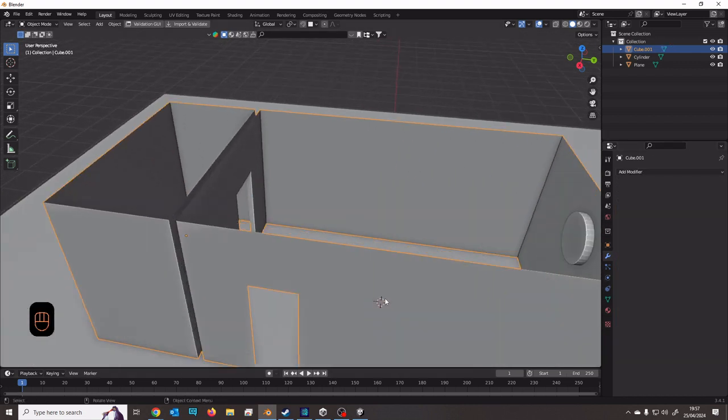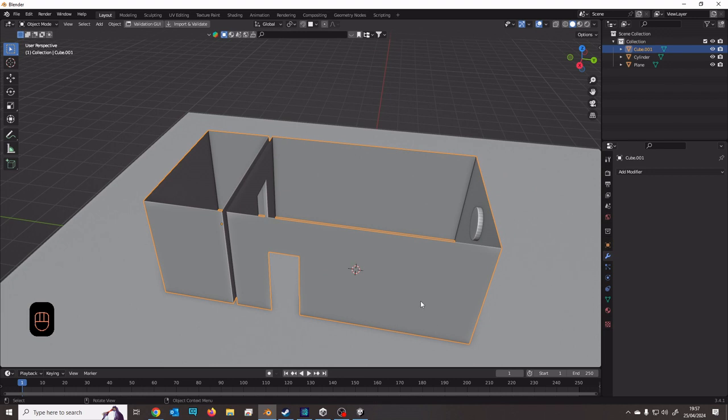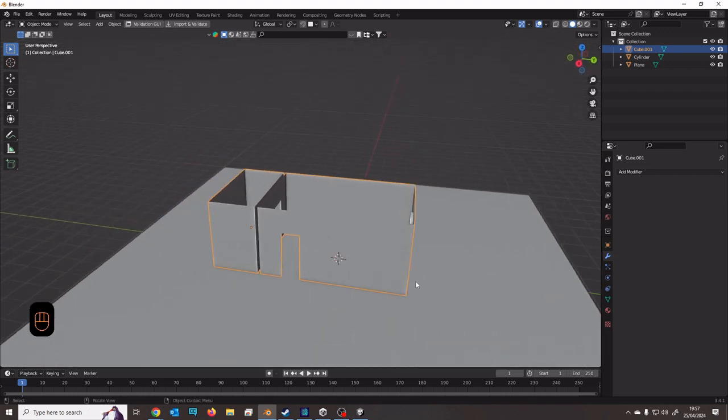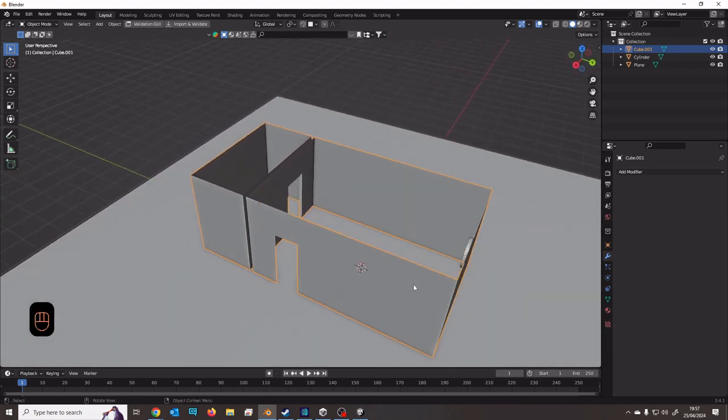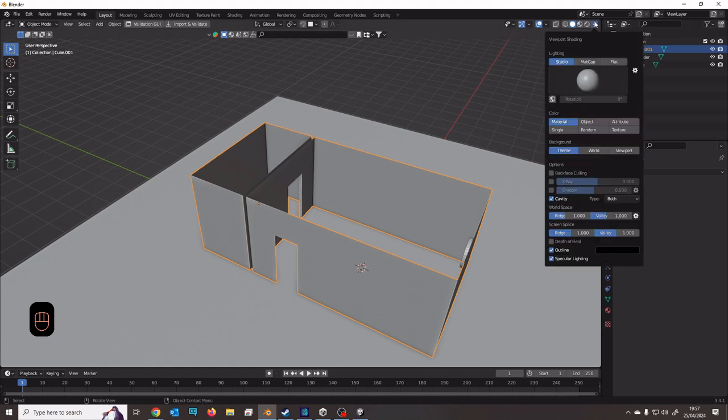So basically, a normal is not a face, but there is a normal on everything. There's a normal on a face, an edge, a vertex. You can see them if you